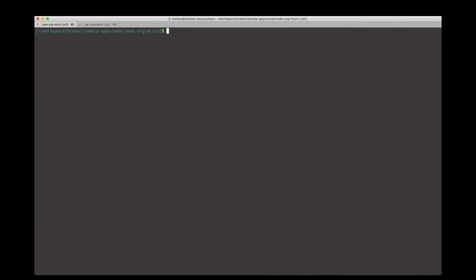Let's go ahead and push an app to Cloud Foundry and bind it to the org plan. If we look inside this directory, we'll see a simple Node.js server along with an application manifest. The application manifest is what Cloud Foundry uses to define an application. If we go in and look at what's inside this manifest, we can see a simple YAML file